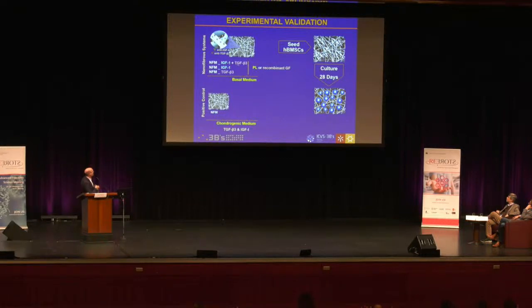In this case, we use IGF and TGF-beta3, and we seed human bone marrow stem cells on this surface, and then we look for the chondrogenic differentiation. As positive control, we use the chondrogenic induction medium that is very well known. Now, when you look for the results, if I have them,